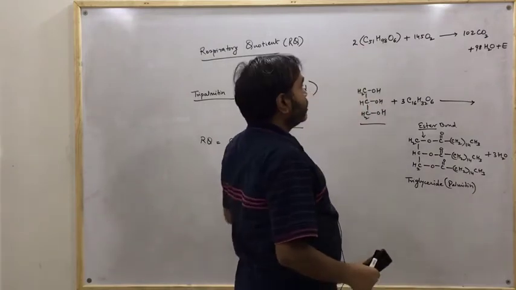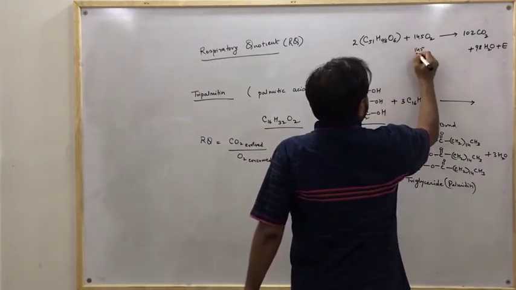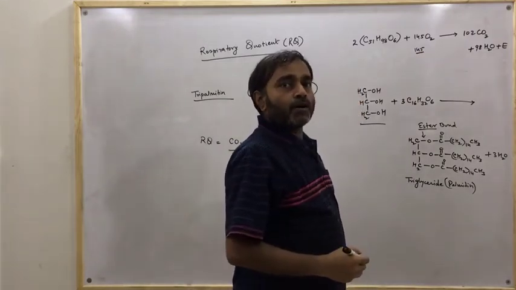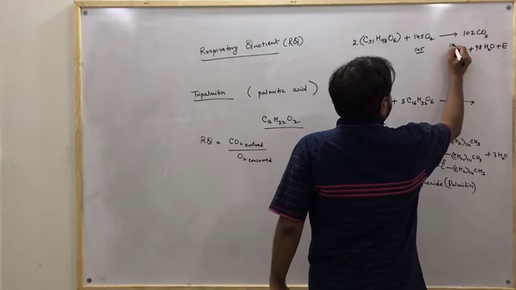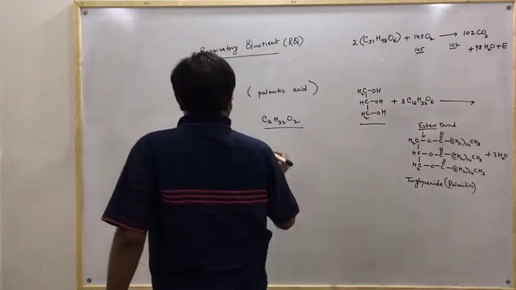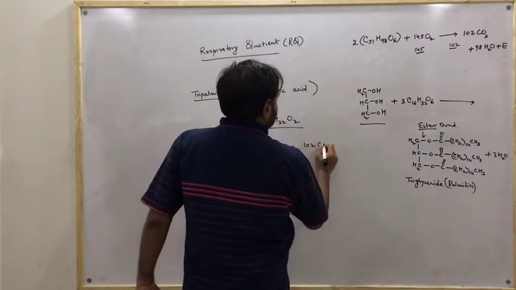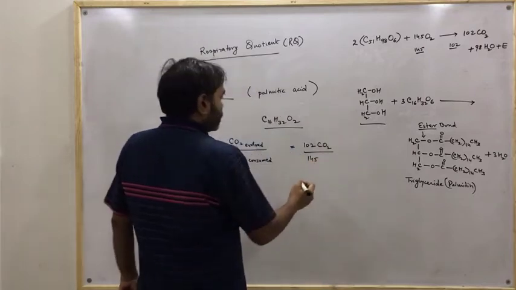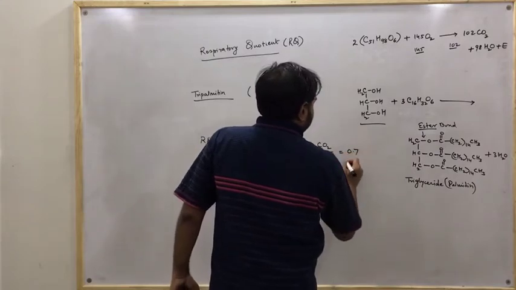So now we need to write for respiratory coefficient. If we take 145 volume or 145 unit of oxygen as required for the oxidation of tripalmitin or this particular fat, how much CO2 will be liberated out? The CO2 liberated out will be 102 units or 102 volume. So we can represent it in this form, that is 102 volume of CO2 by 145 volume or unit of oxygen. So it will be nearly about 0.7.